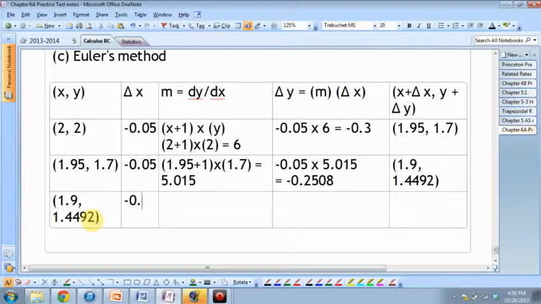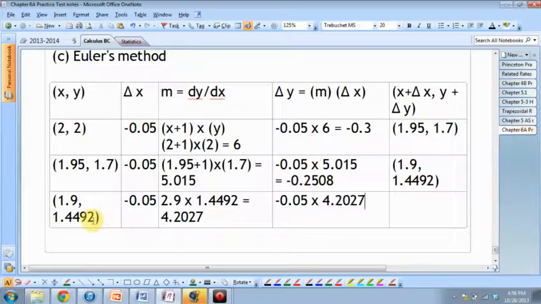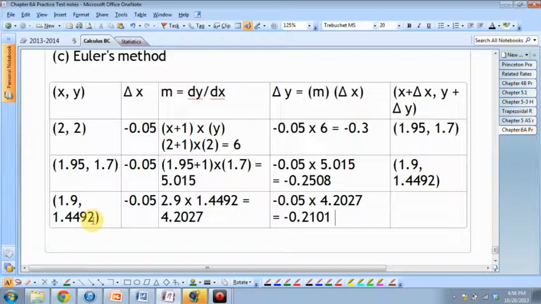Okay, negative 0.05. This is going to be 2.9 times 1.4492. Negative 0.05 times 4.2027 is going to be 1.85, comma,